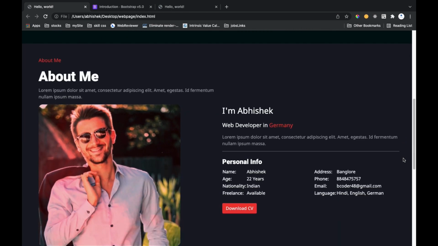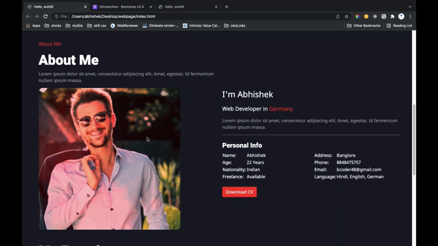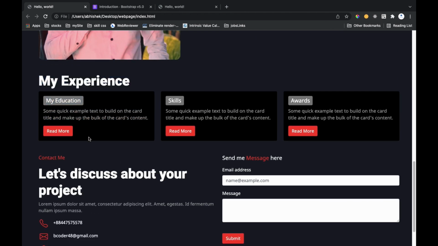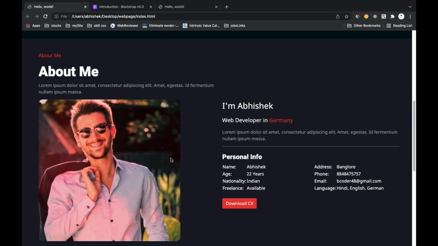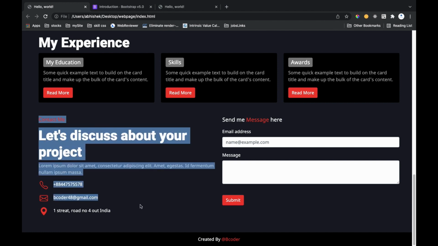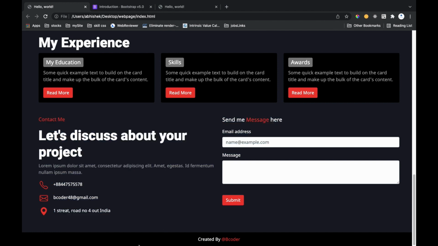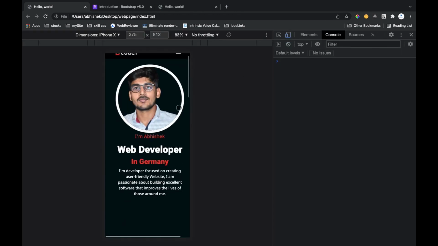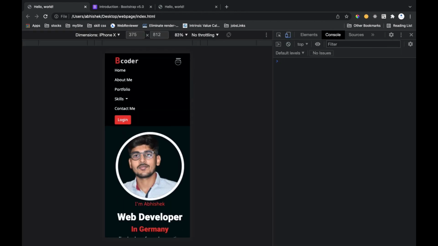After that there is an about me section which contains an image, and another section is my experience. So this is all Bootstrap friends, Bootstrap card, Bootstrap image. So we are going to simply implement that and customize it according to our theme. The last ones are the contact form and some details, and the last one is the footer. So you can see how proper this is looking, and it is also responsive. I have shown you.